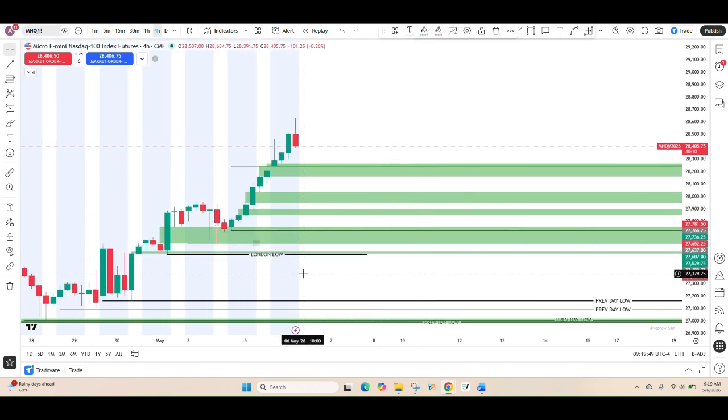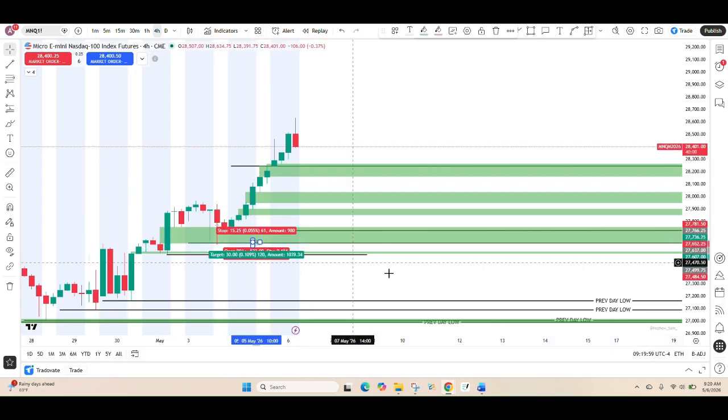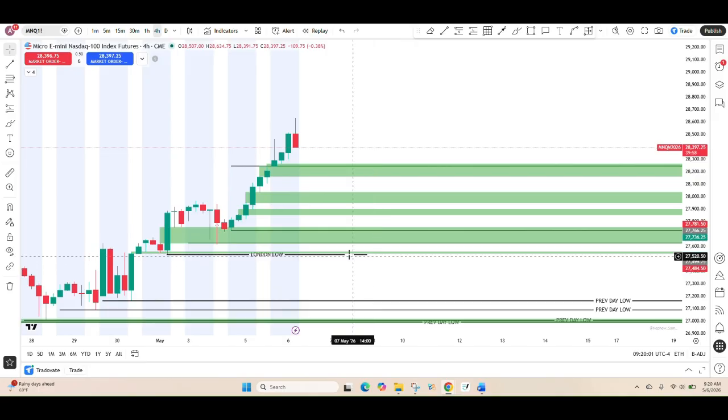All right, dropping down to the 4-hour time frame, we're looking for any internal key levels. I'm gonna delete this old entry right there. I don't see any key level. That's a key level, but it's already marked out. Move that old entry. This level. I don't see any other key levels to mark out.